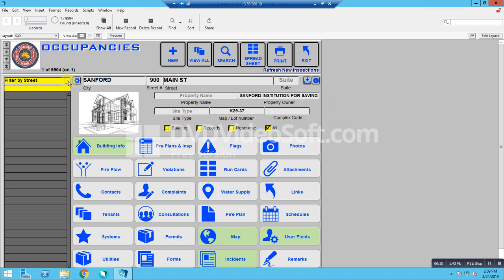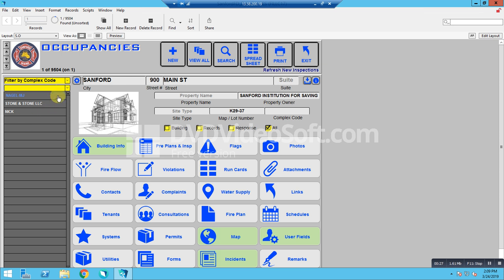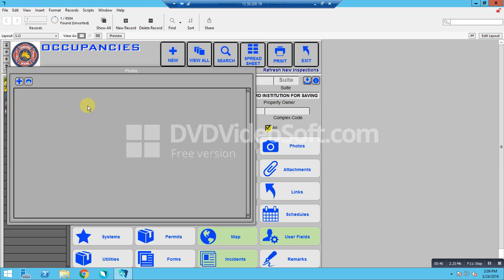And if I really want to see what I have out there and available, I can see over here in my filter that I have filtered by complex code. When that complex code comes up, I can see what I've identified. Your complex codes can be made up of letters, numbers, doesn't matter. So if I've said my complex code, I've called it 72 Emory, now you'll see that